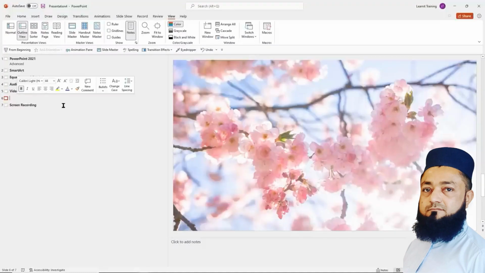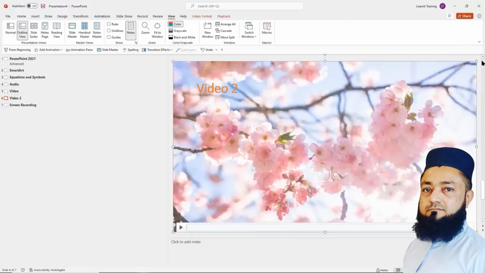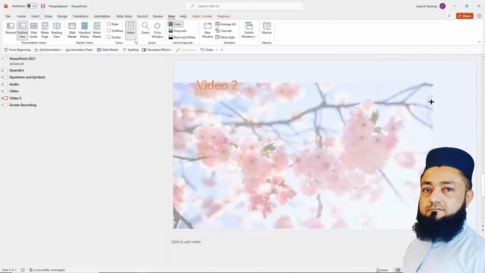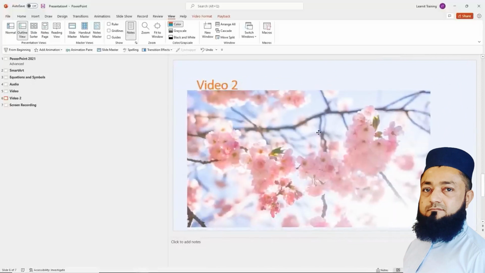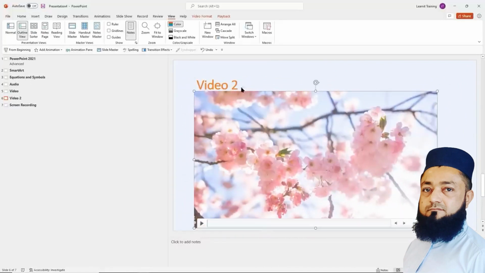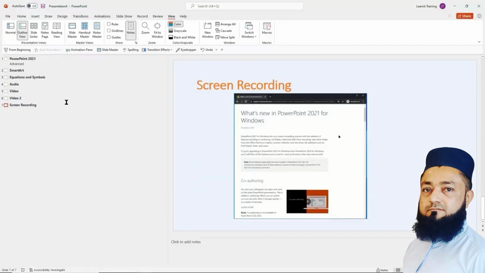Slide number 6. This was another video as well. Maybe I'll call this video 2. And I'll come in here. So you have access to the outline. You also have access to go ahead and move things around right here in the outline view on your actual slide. Now, the way the outline works is, if I wanted to create another slide here, I can go ahead